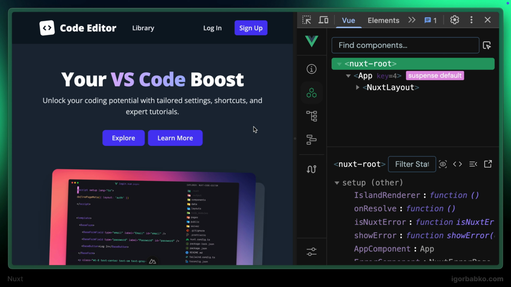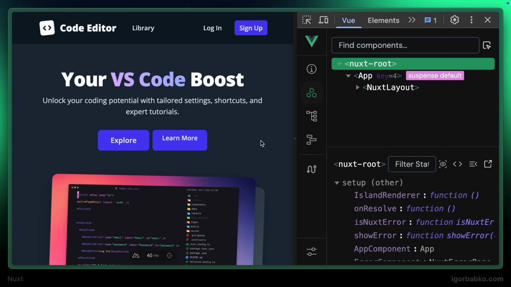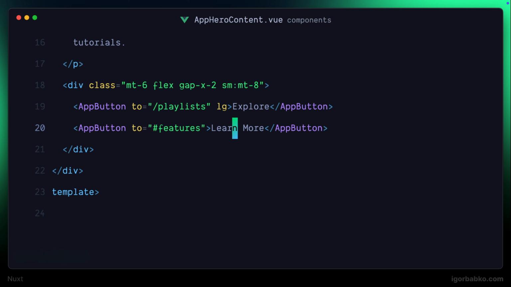It is very easy to achieve because we have a way to supply the additional lg prop whenever we want the button to be large. So let's add prop lg and check the result. And we're seeing how the first button has been increased in size. And as for the second button, in this case, we're also going to increase it in size by passing the lg prop. But additionally, we're also going to specify that this button has to be secondary,